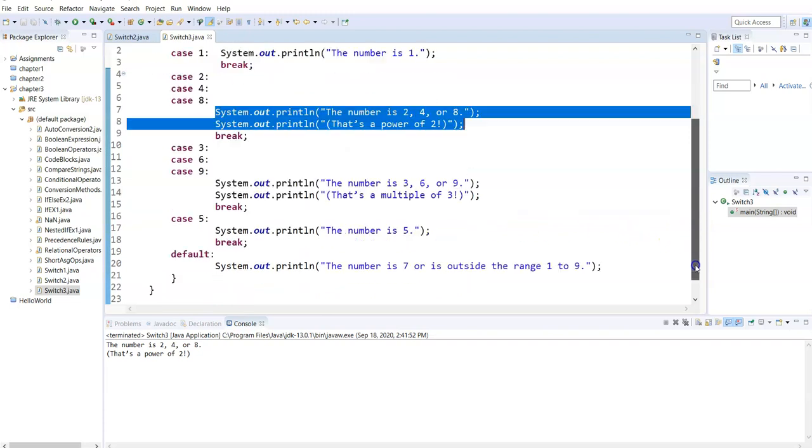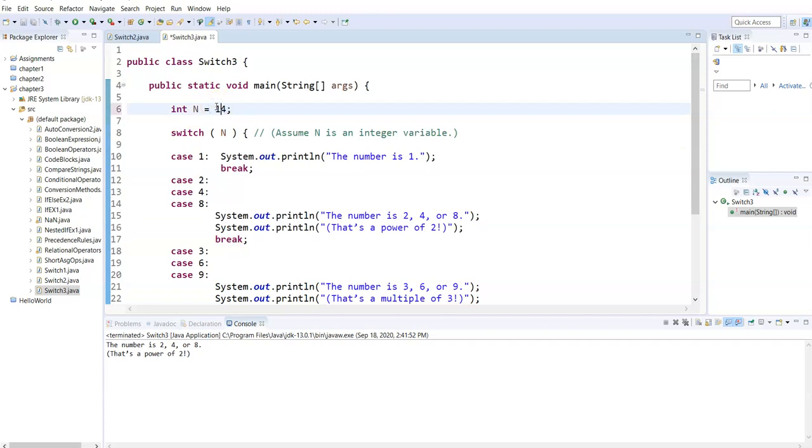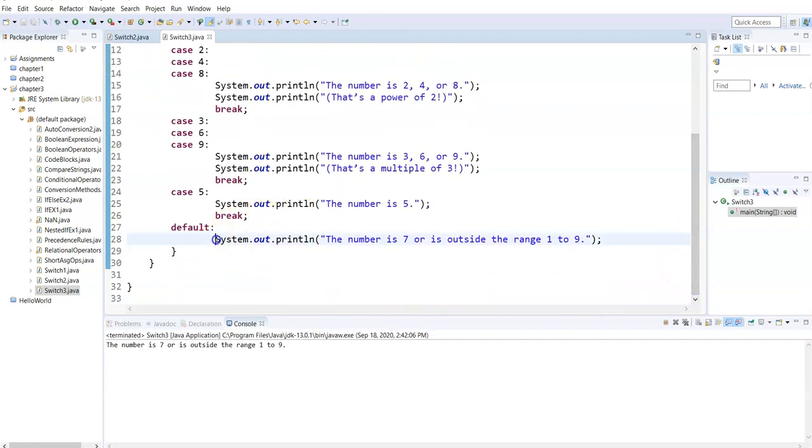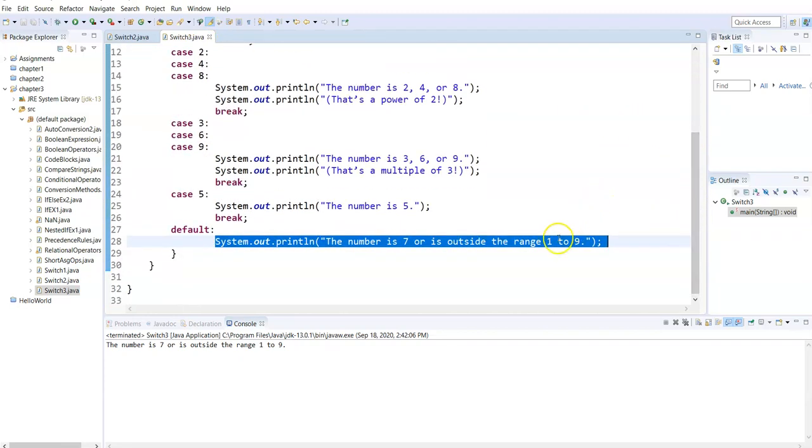If I put something outside of the range, so let's make it 14, then it's always going to go to that last else statement. So this little code has an assumption that the values for n are only between 1 and 10, right? Or 1 to 9 actually. Those are the expected values. So that's something that would have to happen earlier in the program.